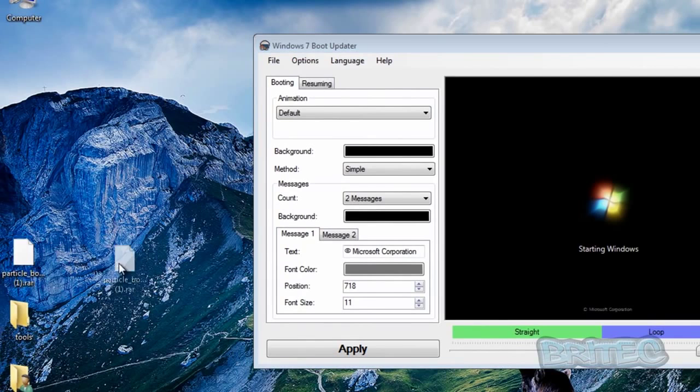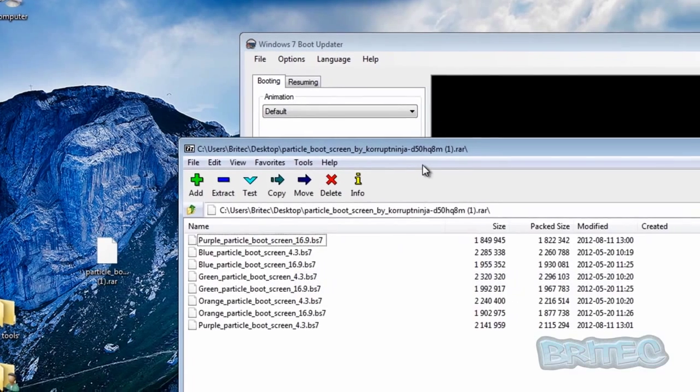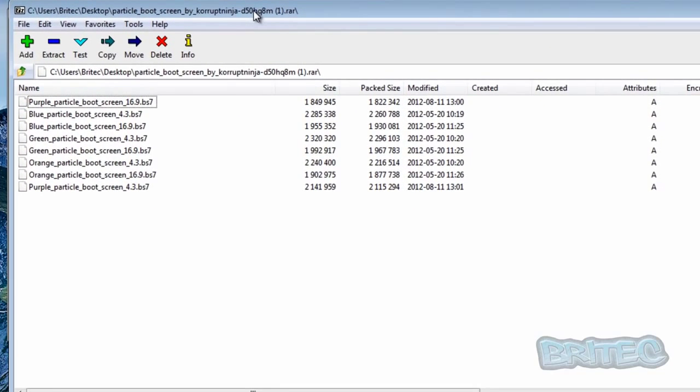so let me get my files here. I'm going to open up my files. I'm going to use 7-zip to do that, and as you can see, these are the actual files that the guy has created. Okay, he's got loads of different colors here, from purple to blue to green to orange, and we're going to be using the orange one here, the 4.3. Okay, and he's also got 16.9 in there, so I'm just going to drag that onto my desktop there